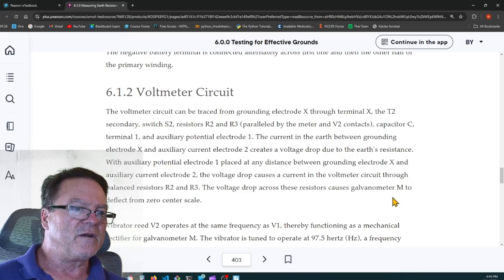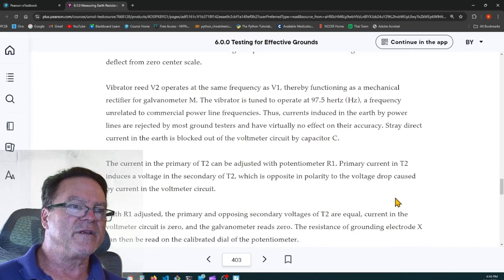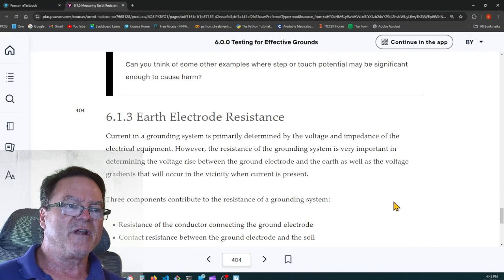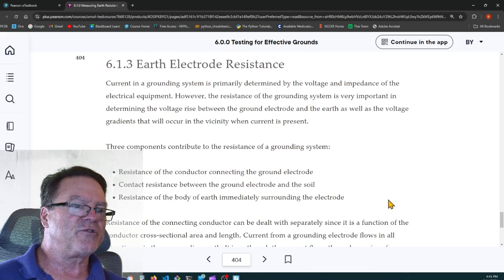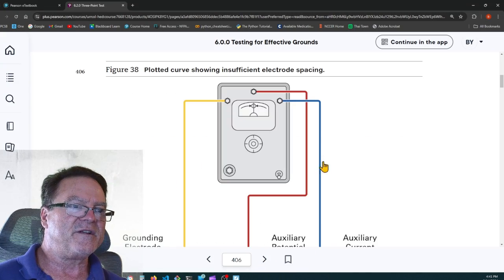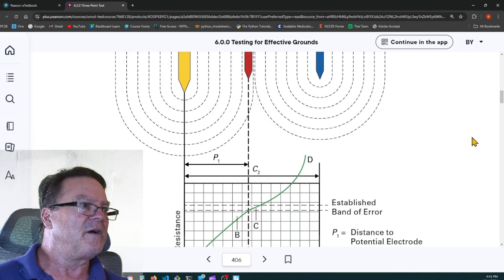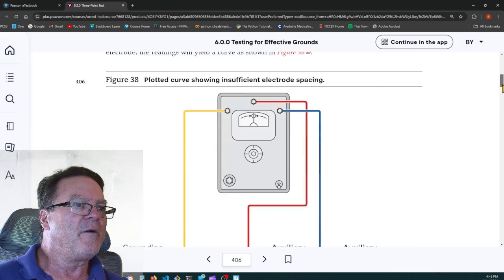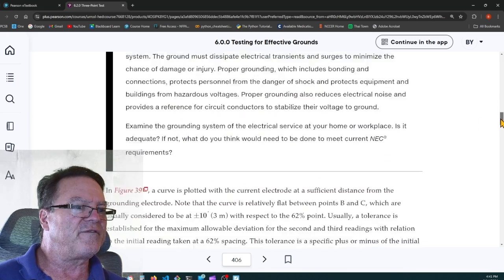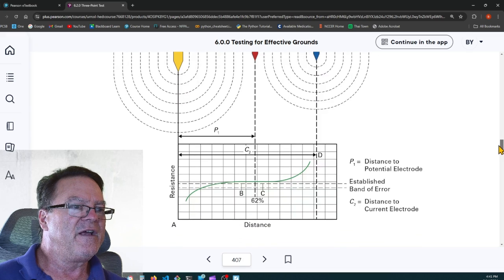So, all right, I'm not going to read all of this. Not trying to short you, not trying to confuse you, but I just want to get to the earth electrode resistance. I want to show you that graph. I'll come back to this page in a second, but here's what the graph looks like, and you can set it up differently so that it'll give you a flatter graph. This one,